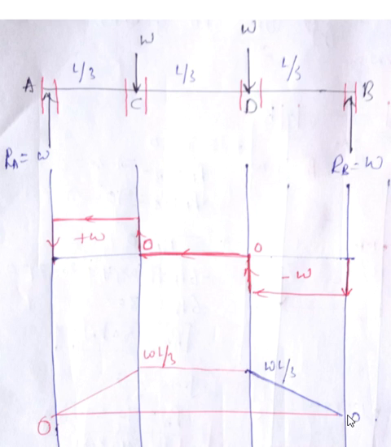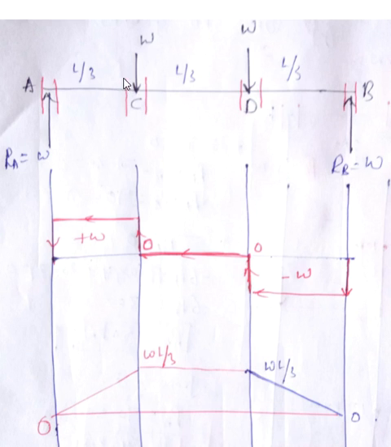So I am joining 0 to this using a straight line, not a parabola or a cubic curve, because for point load we have already discussed in standard cases, we need to join using a straight line. Then come to this section. You can use this section or this section, and you can attack from the right side or from the left side. I will explain from the right hand side and the left hand side also. Both results will match.